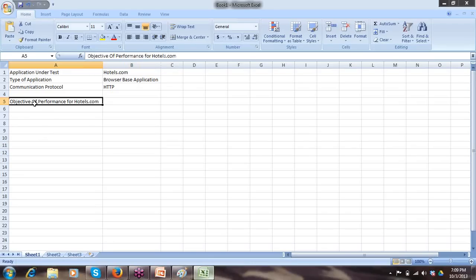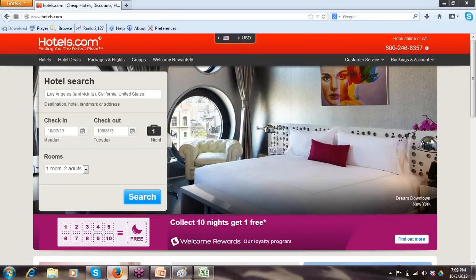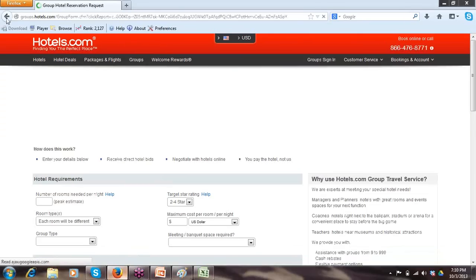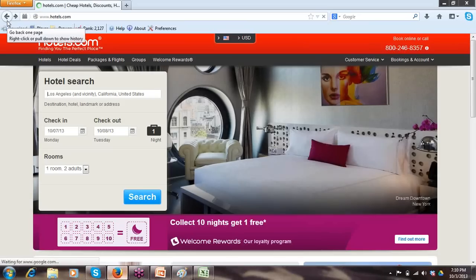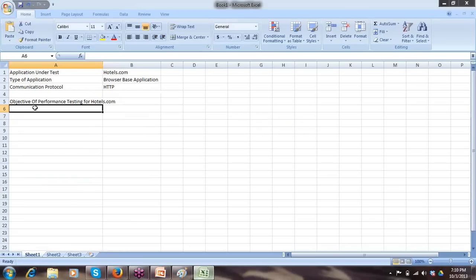So we have seen what is the objective of performance testing for hotels.com. As this is a new application to us, we can ask the client whether this is a new application or whether they have added any new functionality, and which functionality that is, or whether any server migration is occurring, or any hardware changes for the server. There are certain objectives that depend on why a client is coming to us for performance testing of a particular application. Like a new application,